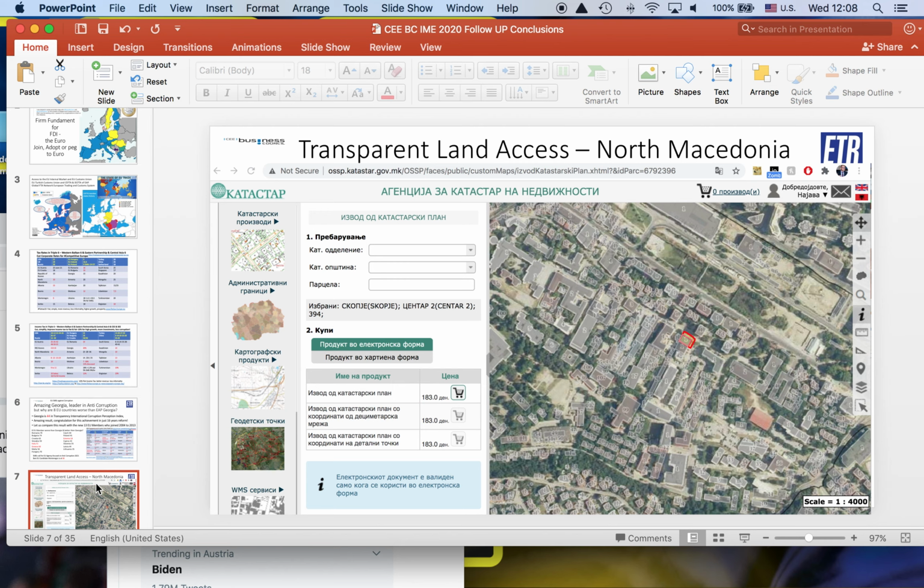You have every single owner transparently online. This is cool. Now they have started charging for payment, as a part of recovering some of the costs. I was not in favor of that. I'm thinking it's really very good to keep it free and as transparent as possible. This is really good, and I recommend everybody to go for digital construction permits and the online transparency,